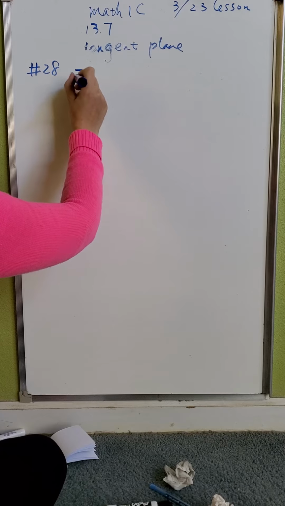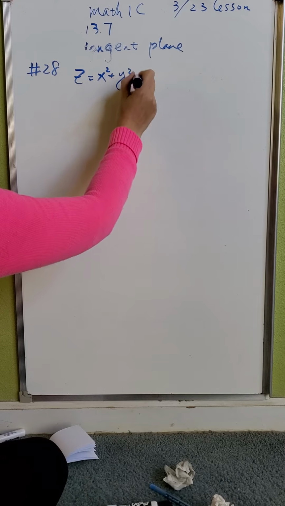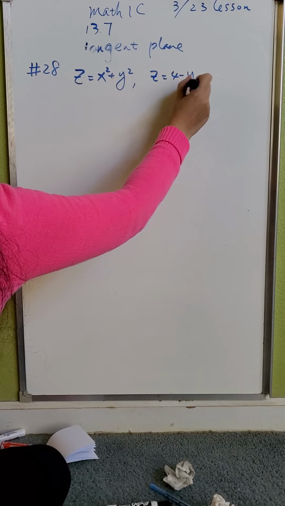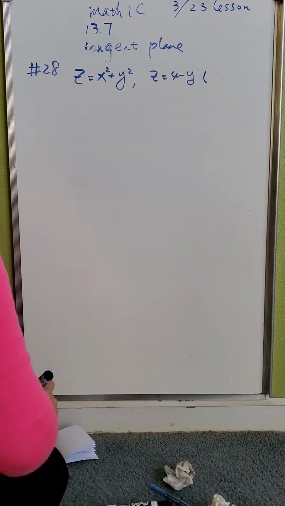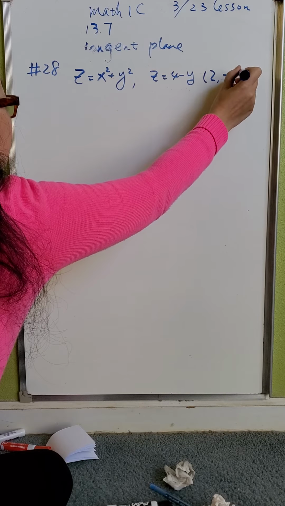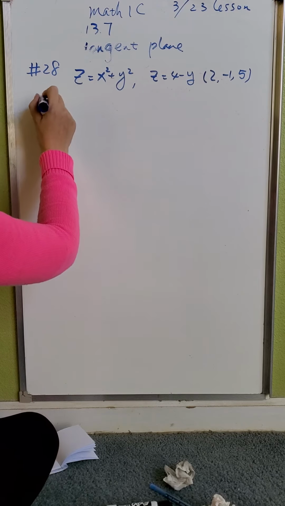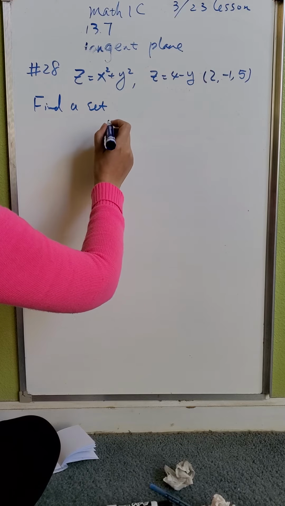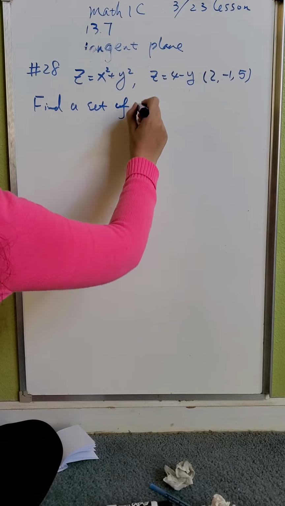You're given two surfaces. One is z equal to x squared plus y squared. The other is z equal to 4 minus y. And at the point 2, -1, and 5. They said find a set of parametric equations